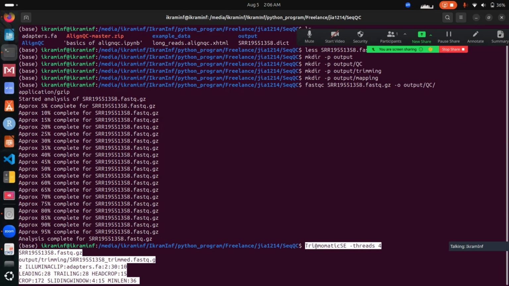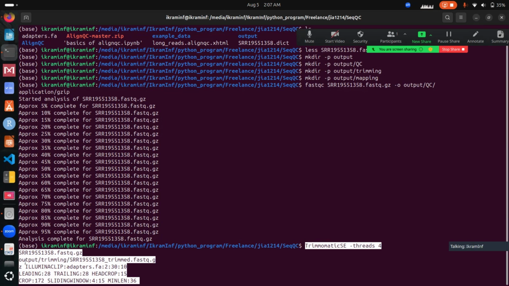So first thing is this is our tool Trimmomatic, and SE represents that this file is single-end, and threads is how many CPUs the code will use. These are the file names, what we will trim, and these are our output file names,